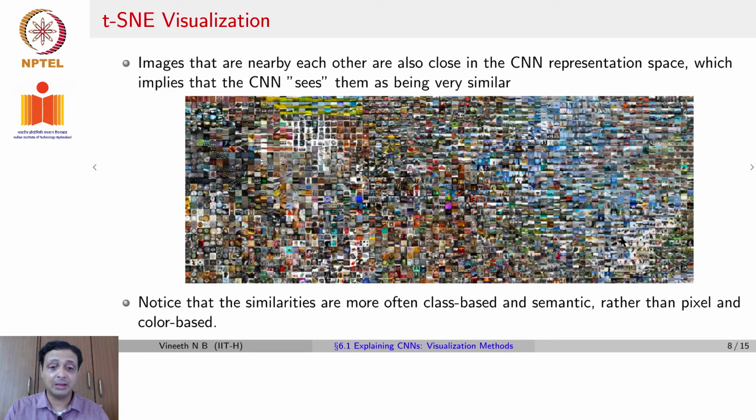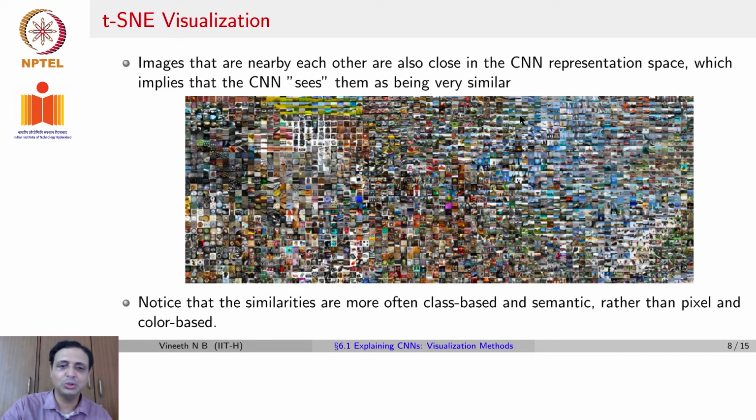So here is an example of the same for ImageNet. This is a two-dimensional plot of various images in the ImageNet dataset, taken to a 4096-dimensional space by AlexNet and then brought down to two-dimensional space and plotted on a two-dimensional map. The only thing we are doing here is putting the respective image on each location, just for understanding what's really happening.